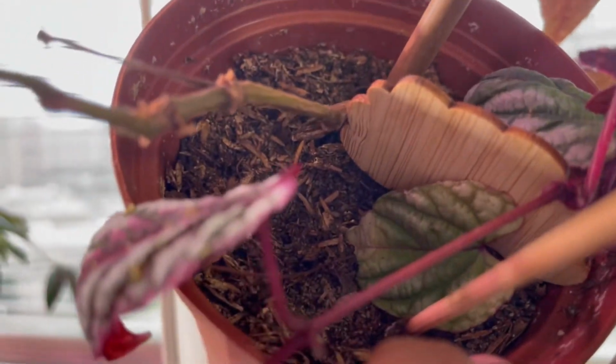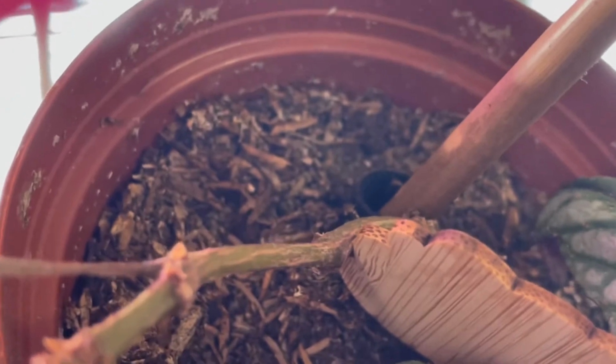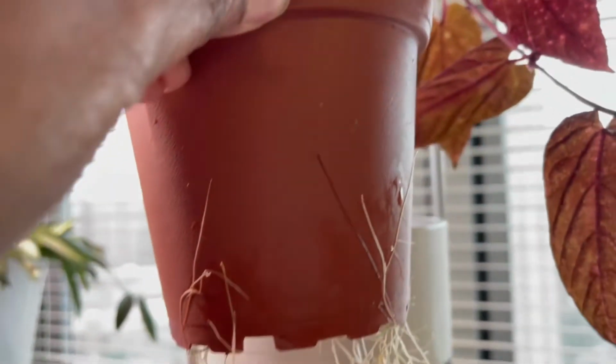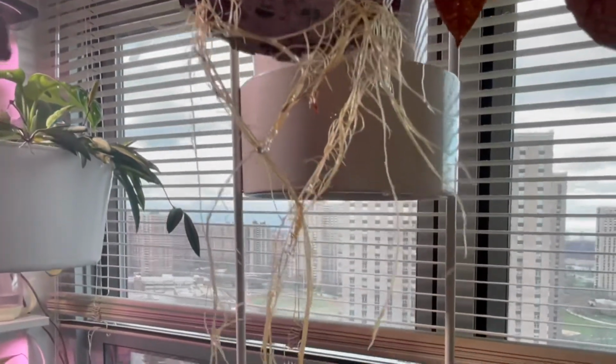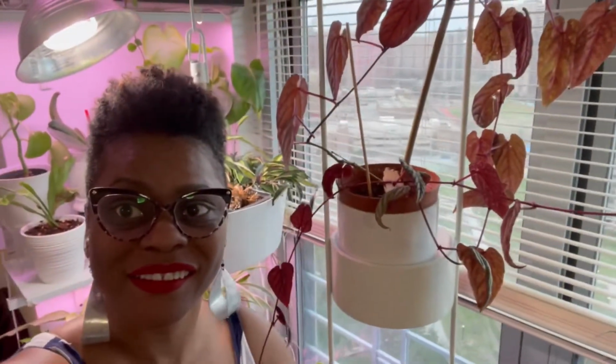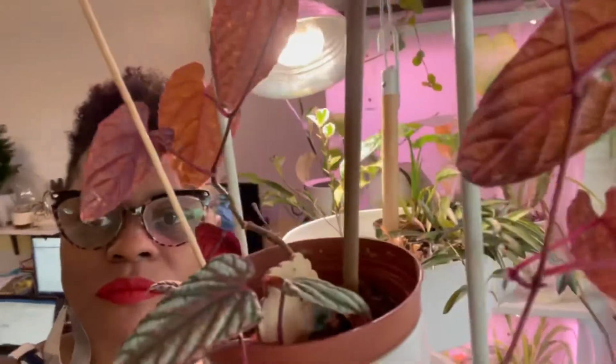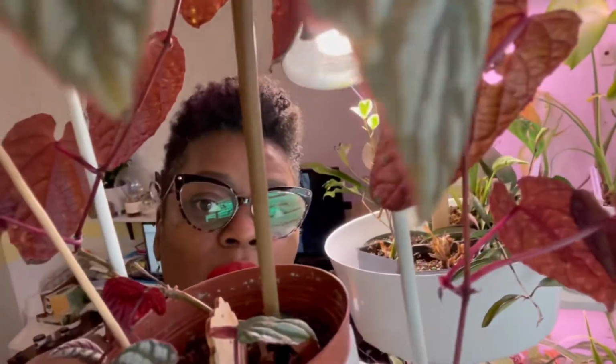I'm wondering how it's going to work, because it's already in a 4-inch pot, and I like that it's hanging. But I know if I put it in a new pot, it's going to have to go into at least a 6-inch pot so it can get bigger. And then I want to put the propagations in there. So I have to really think about where it's going to go, because the pot, the hanging, what do you call the thingy that it's in? The hanging thing that it's in. It really grows fast, guys. I want it to stay in there, so I have to figure it out. I don't know how I'm going to do this, but I'll figure it out,